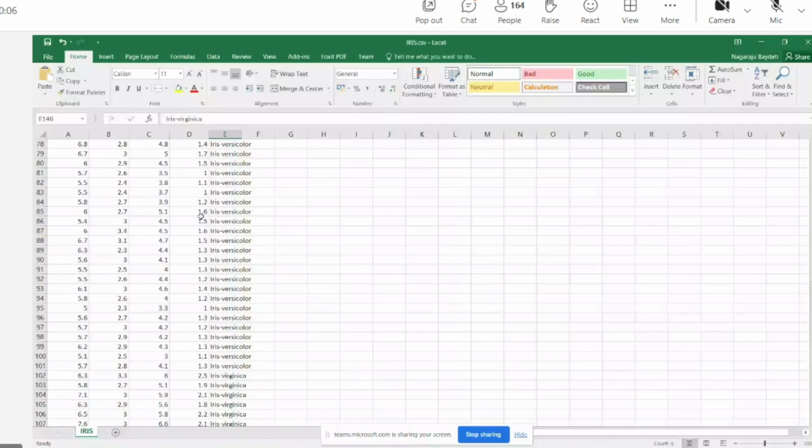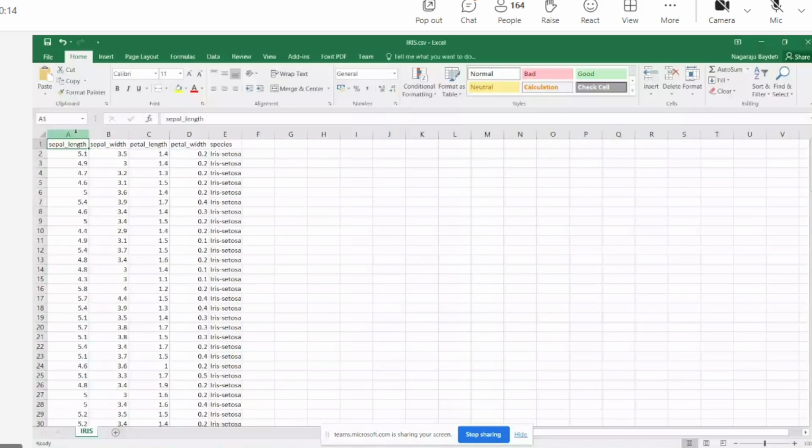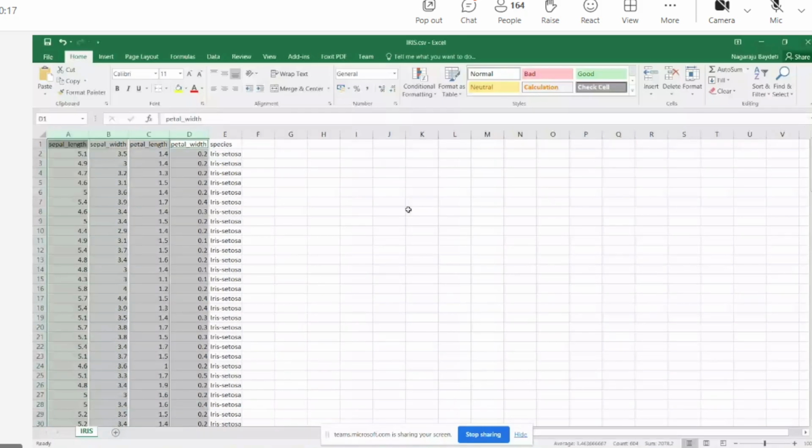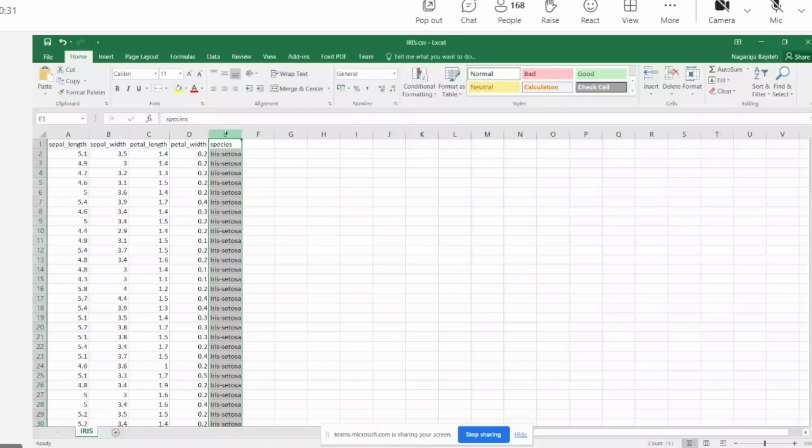What I mean to say is, the first four features are independent variables. They are not dependent on each other. But based on these four values, you have a species, which is the labeled column, target variable, response variable, etc. So the data set looks like this.